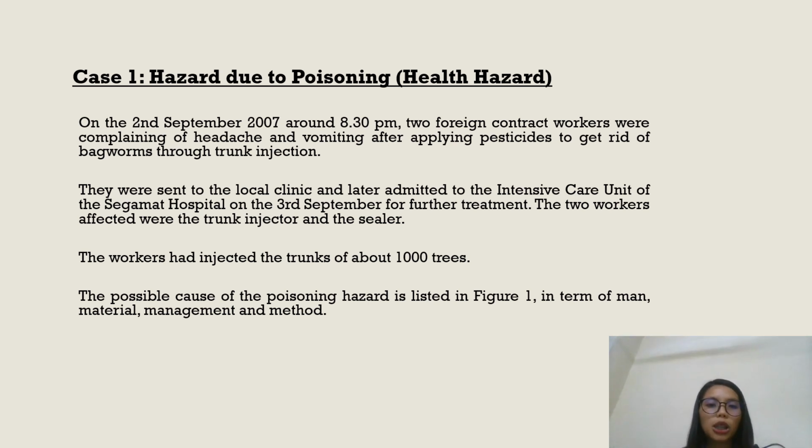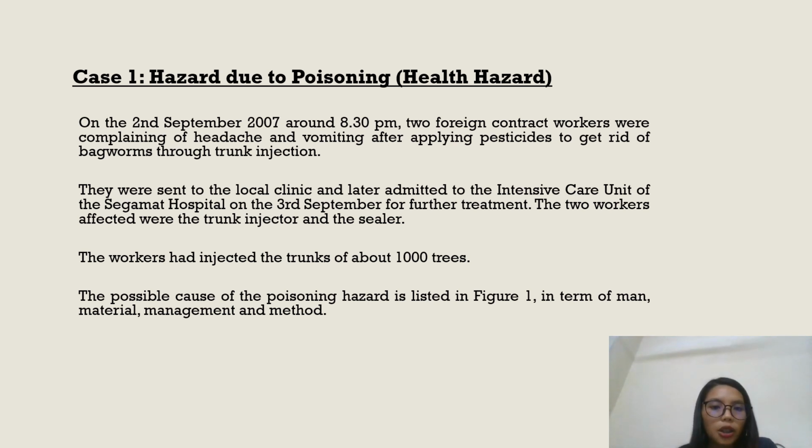They were sent to a local clinic and later admitted to the intensive care unit of the Segamat Hospital on the 3rd September for further treatment. The 2 workers affected were the trunk injector and also the sealer. The workers had injected the trunks of about 100 trees. The possible causes of the poisoning hazard are listed in figure 1 in terms of man,